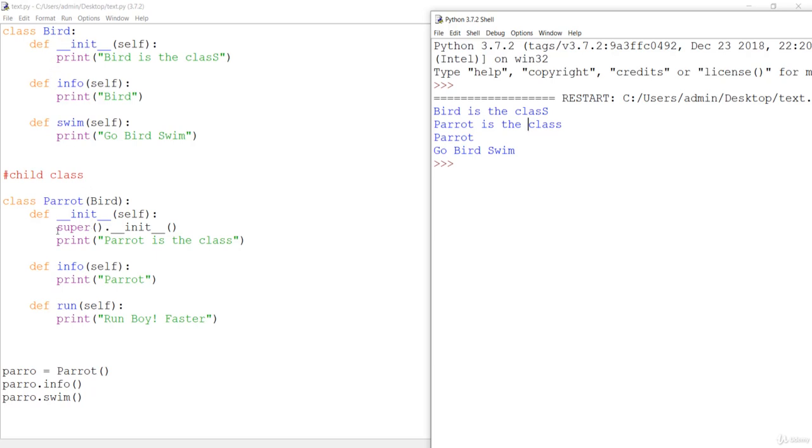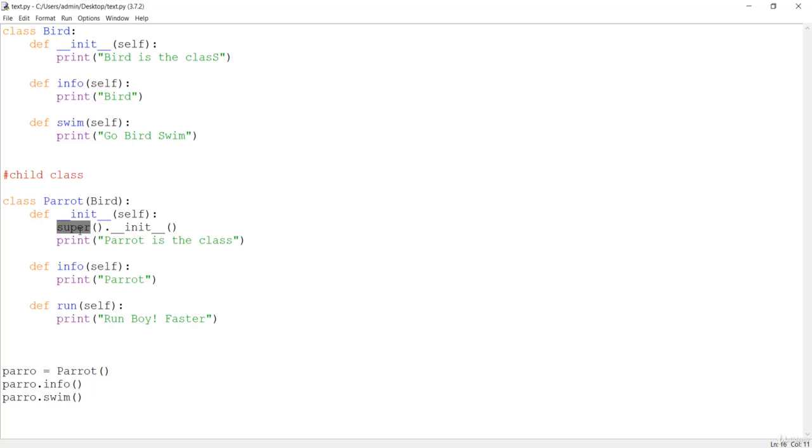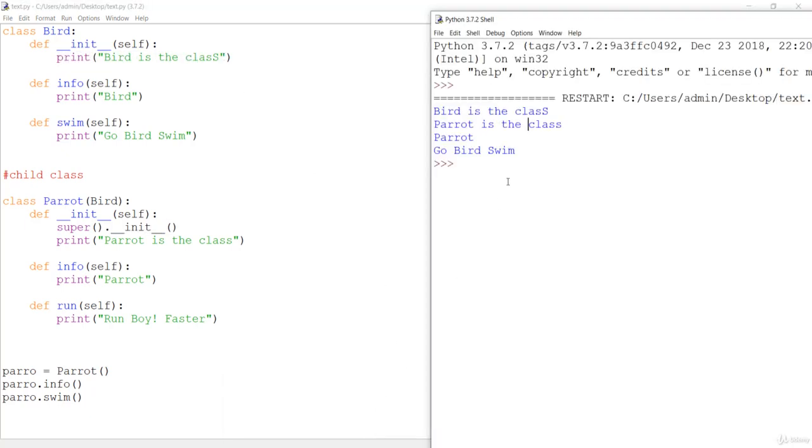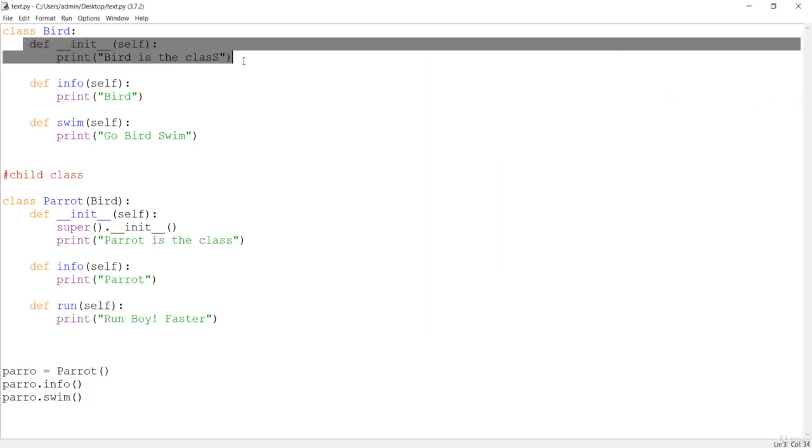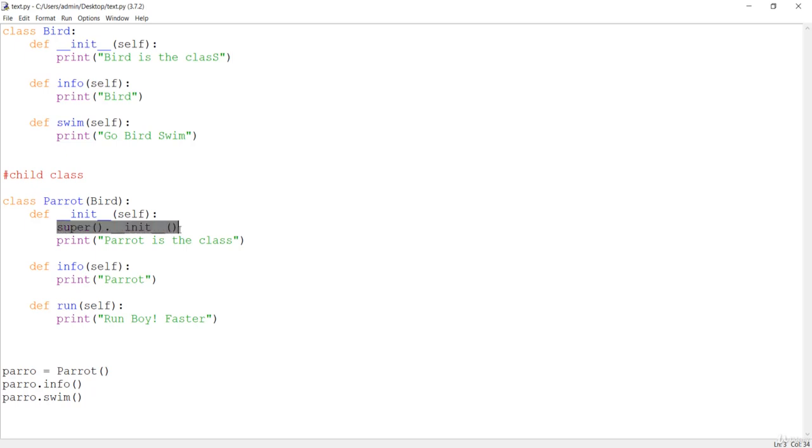So this super should call this bird class and its init method is invoked. That means this print bird is the class is going to be invoked first. If you see over here, bird is the class was the first thing printed, because this is the first method invoked by this statement. After that it will go here and print parrot is the class in the next statement.